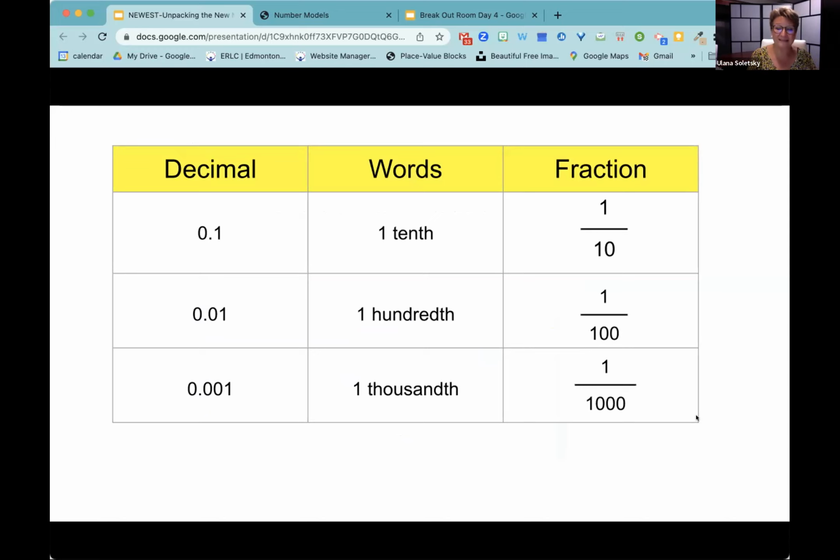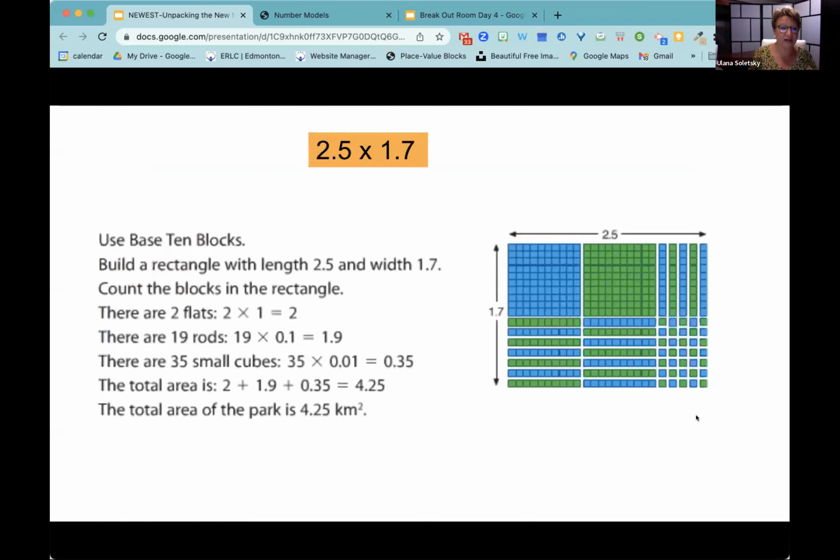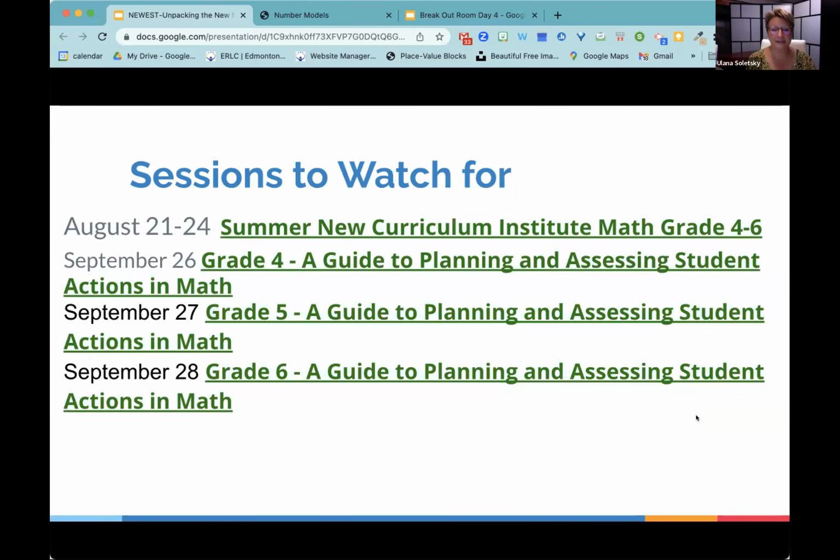So when I say 42 hundredths, my students should be able to say, well, 42 hundredths, I know I can write that as a decimal or as a fraction. And my best one for that is using the place value blocks or base 10 blocks in our classroom. And I'm going to just fly through these because it's 2 minutes after 10.